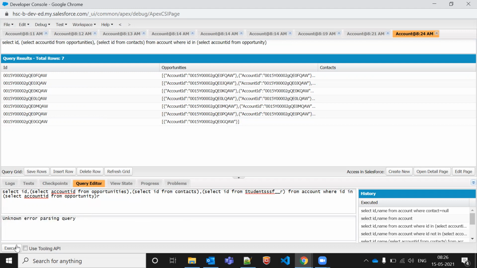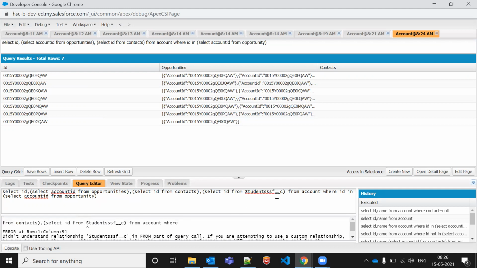Okay, I'll click on execute now. One second, ID from. Oh, sorry, it's __r now.